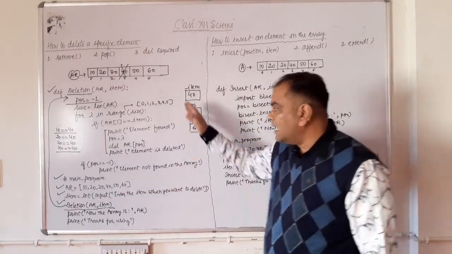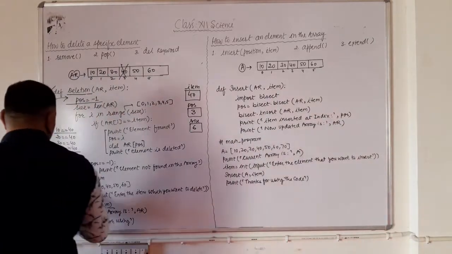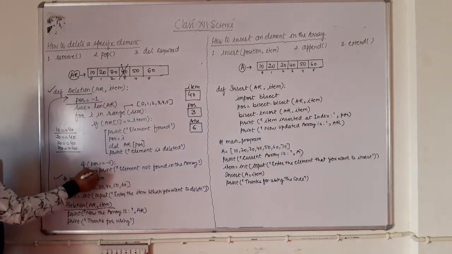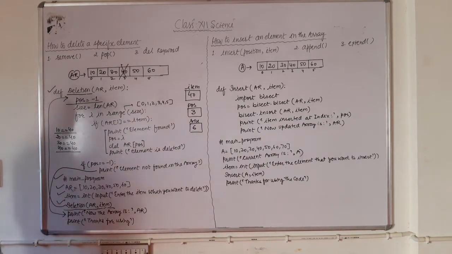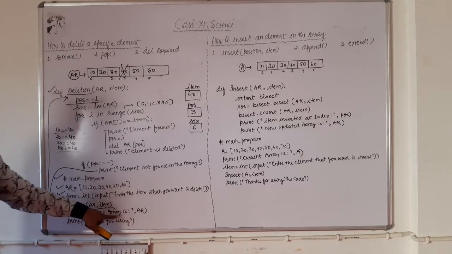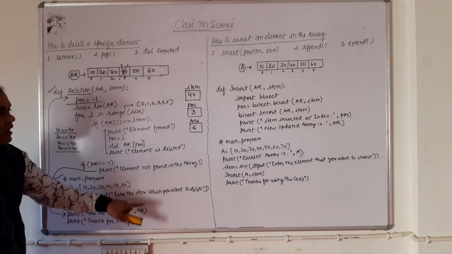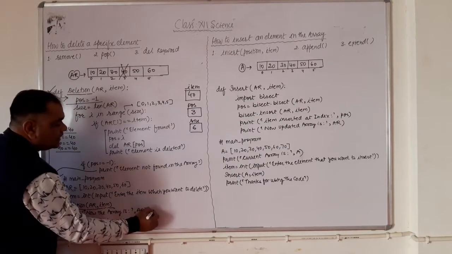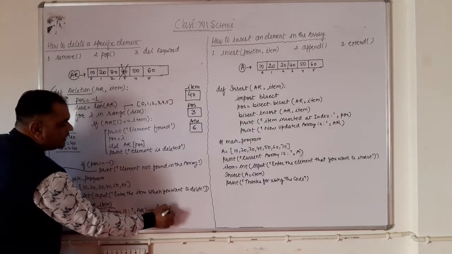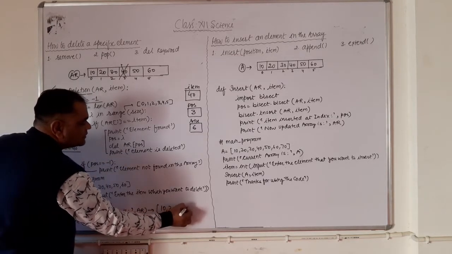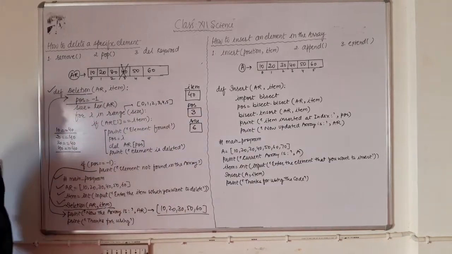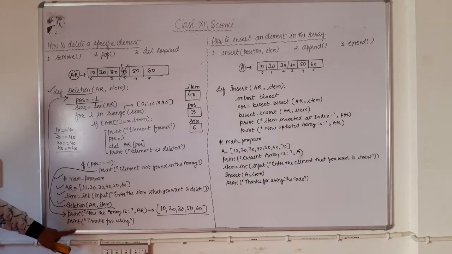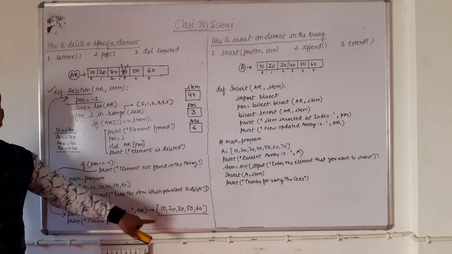Clear? So here, this is the function for deletion, and when your computer is going to terminate the function, it will revert back to the very next statement of the function calling. The computer is here. Now the array is clear, and you just see what is the output here. 10, 20, 30, 40 is deleted, then 50, then 60. This is the updated array. And the last line, thanks for using the program.